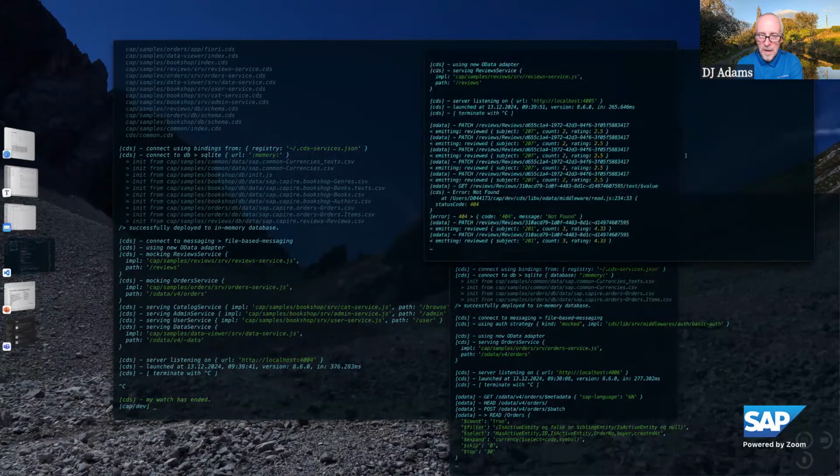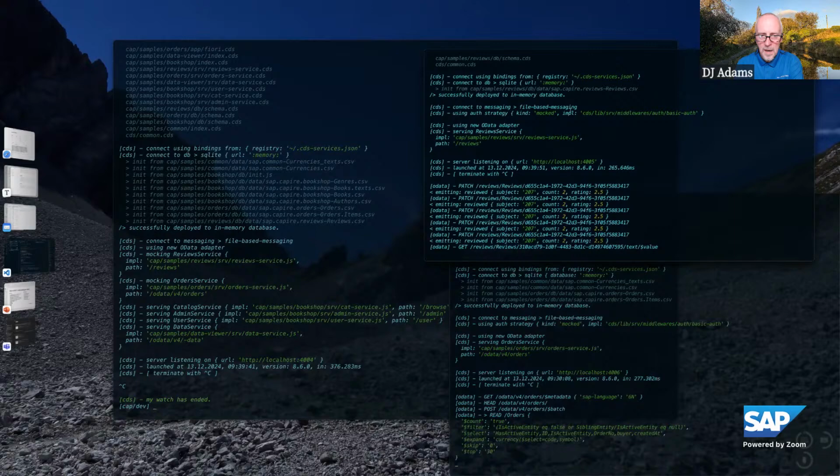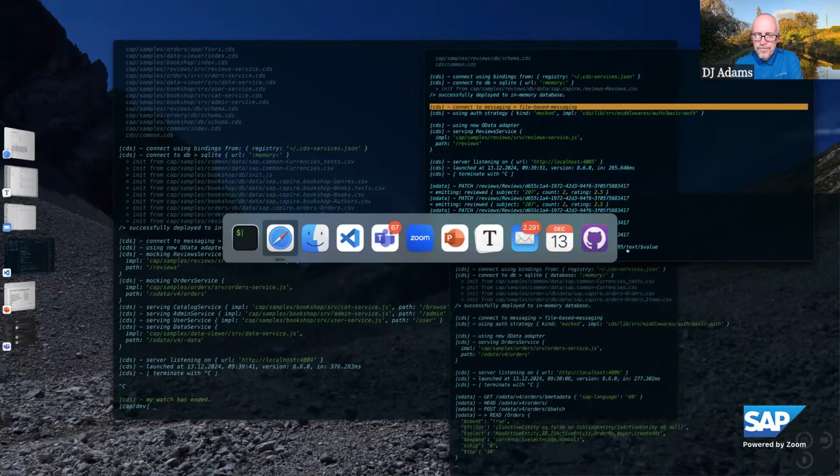Let's see whether we can see where the messages are. It told us here it started messaging, choosing the file-based messaging, grow as you go, hexagonal architecture, a file-based implementation of that thing as a stand-in for the real event hub, event broker, that Kafka that you would use at runtime. And it should ideally, being a good citizen of CAP, tell me where it logs, but it doesn't. But I know where it logs